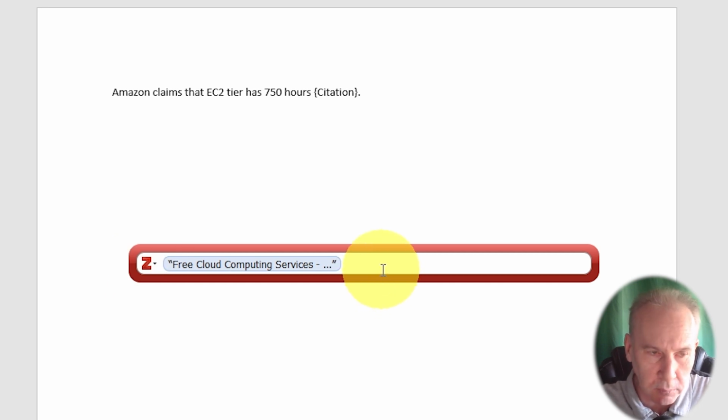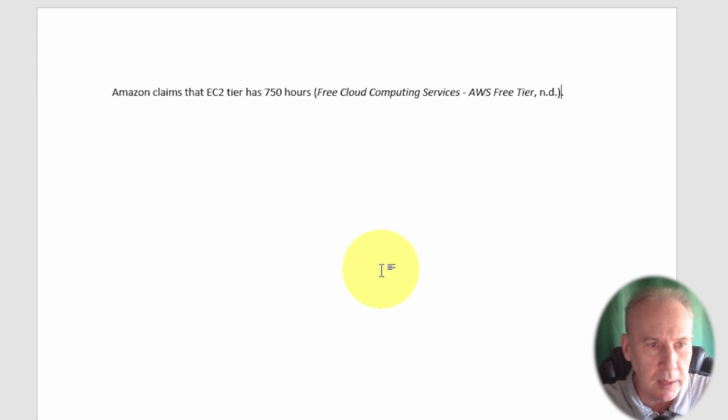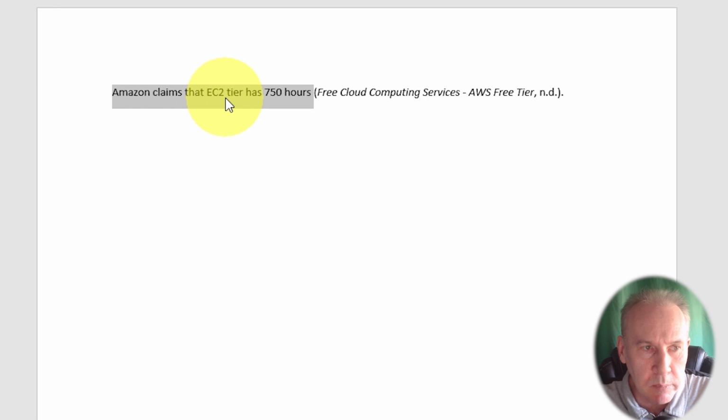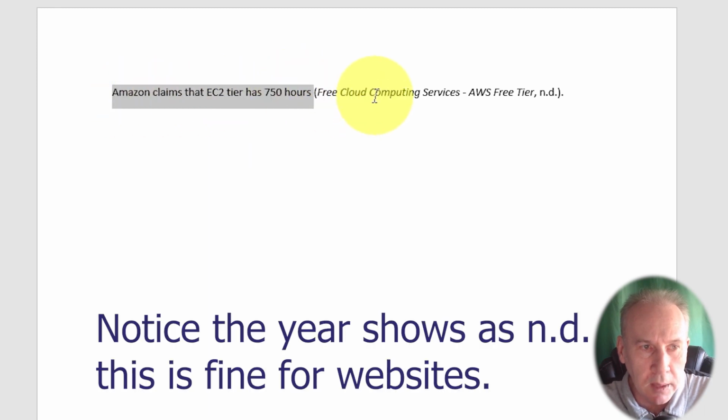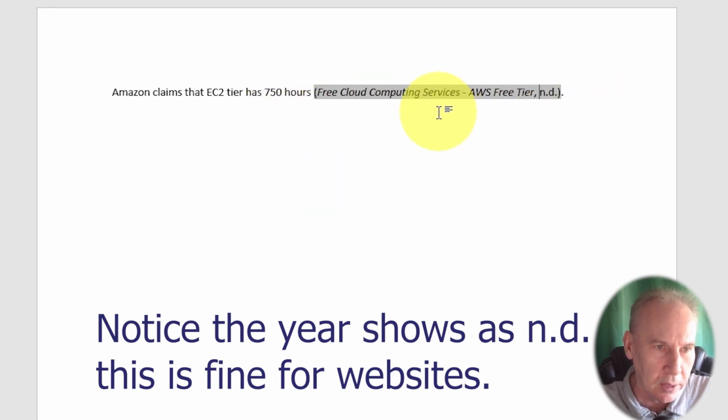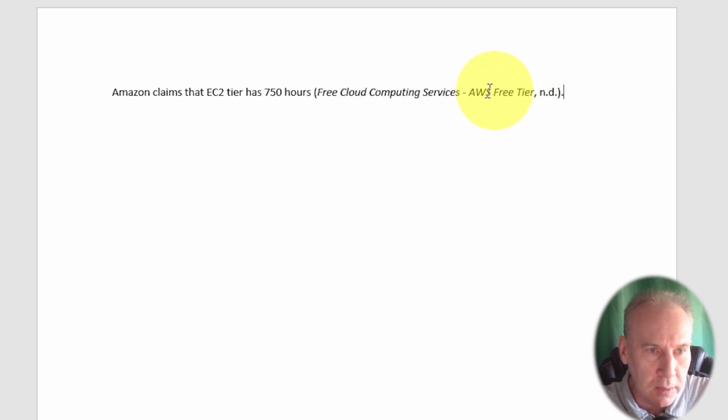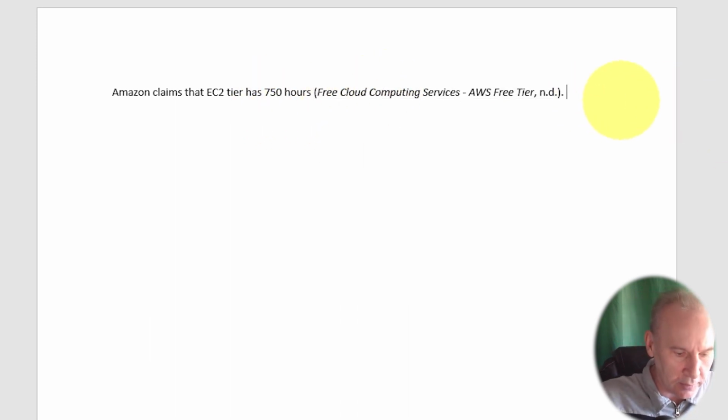Now, just to confirm, I want to hit enter. So I hit enter, and I now have a valid citation in my document. So once again, this is my typed in information, and this is a citation. And notice I can't edit it. I can delete it, but I can't edit this citation because it's part of the application. Always make sure that it's before the last period so that we know that the citation belongs to this sentence. And then you could start the next sentence here. The next sentence,